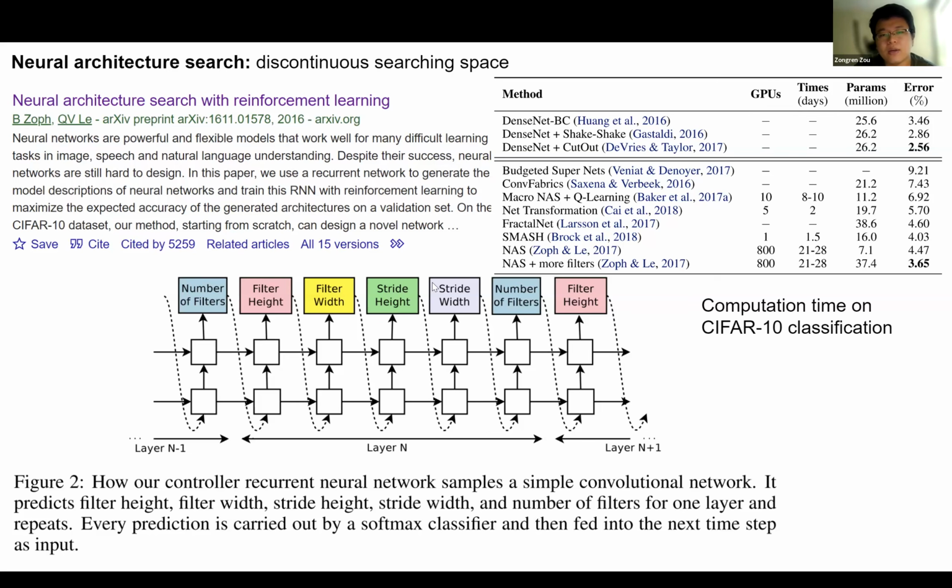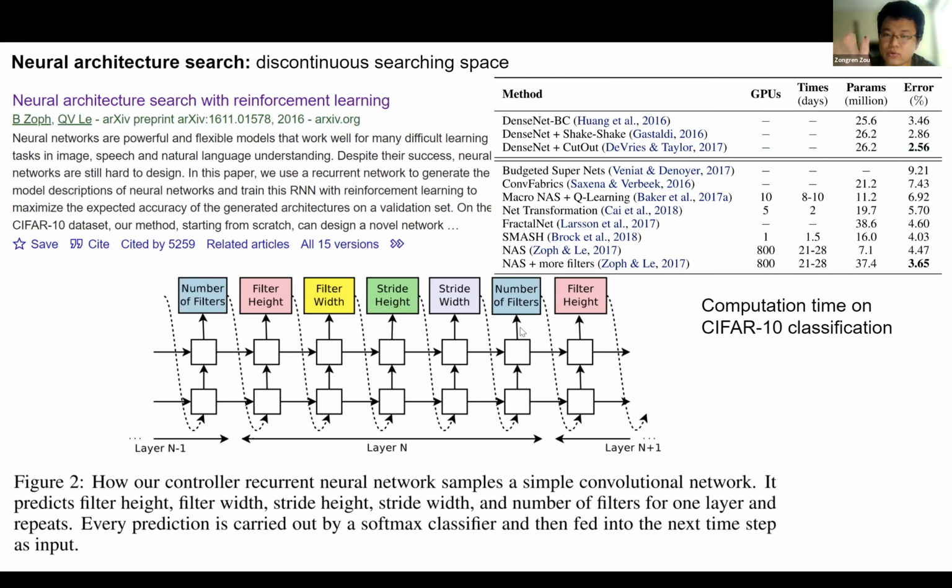The main problem is every time an architecture is searched, a neural network with this architecture is trained from scratch, and then the evaluation is done on validation data, and that one is